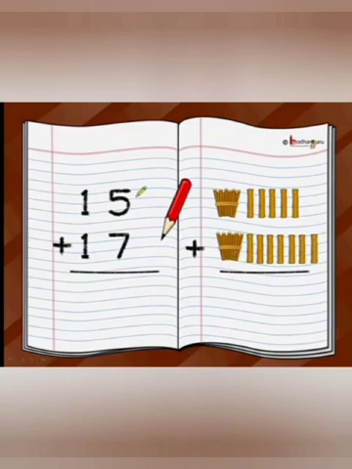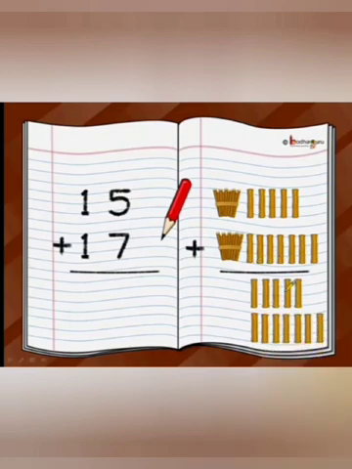So first we are going to count the loose sticks, which are the sticks at the ones position here. So these are 5 plus 6, 7, 8, 9, 10, 11, 12. So we have a total of 12 sticks. Now we have on this side 12 loose sticks. So how are we going to write 12 sticks here in a single place? So what we do is, of the 12 combined loose sticks, we are going to generate one more bundle. So we are going to take 10 more sticks, like here.